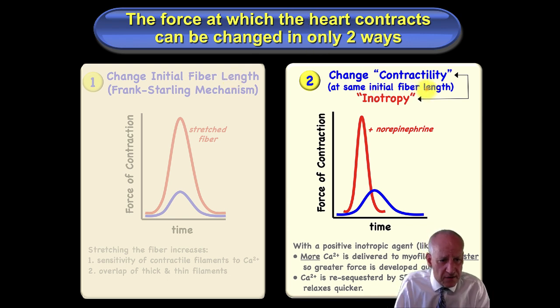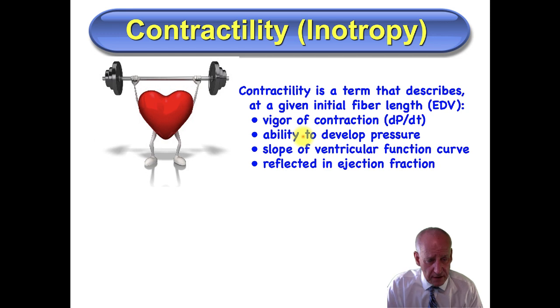So this has nothing to do with the Frank-Starling mechanism. Another word for contractility is positive inotropy. So what is contractility? Let's explore that further. Contractility, or inotropy, is a term that describes at a constant initial fiber length the vigor of contraction, which is